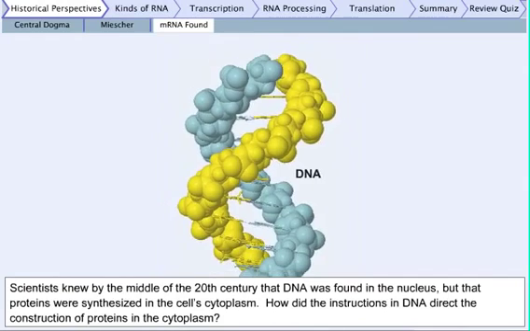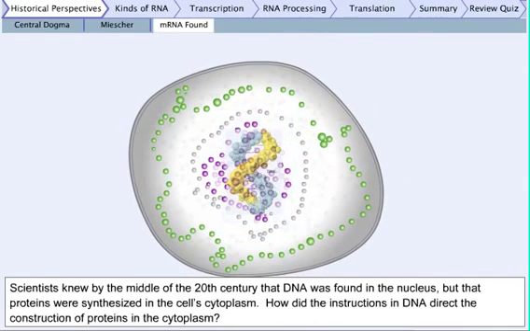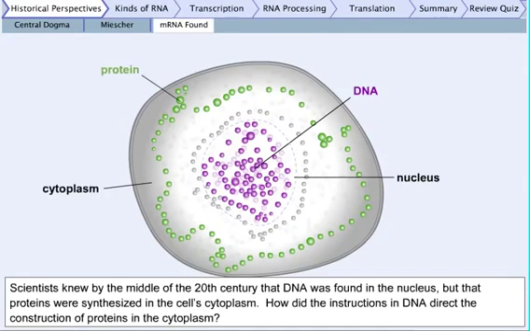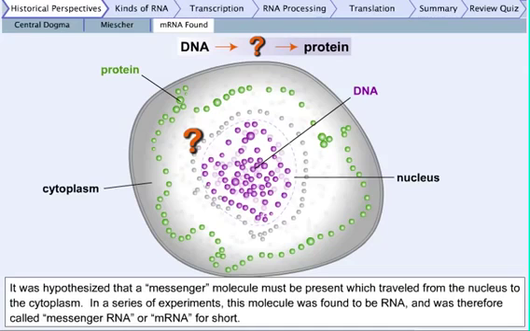Scientists knew by the middle of the 20th century that DNA was found in the nucleus, but that proteins were synthesized in the cell's cytoplasm. How did the instructions in DNA direct the construction of proteins in the cytoplasm? It was hypothesized that a messenger molecule must be present which traveled from the nucleus to the cytoplasm. In a series of experiments, this molecule was found to be RNA, and was therefore called messenger RNA, or mRNA